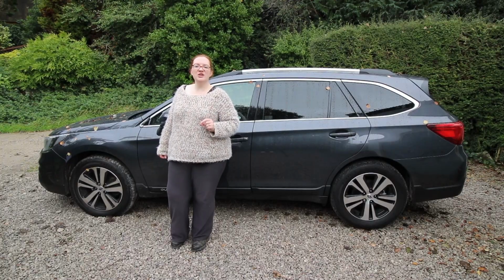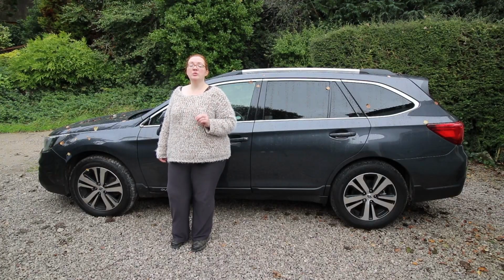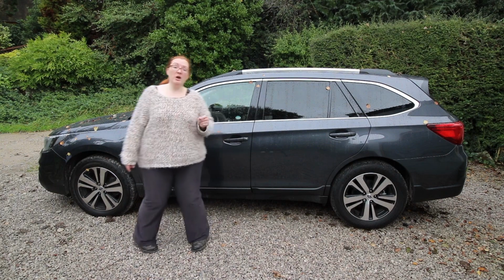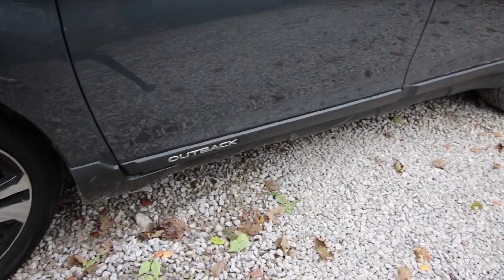Stepping round to the side of the vehicle, the first thing you notice are the 18-inch alloy wheels, and with a high-profile tyre, it will give you lots of comfort on and off-road. There are different sizes available with different trims. Interesting to see that there is no plastic cladding around the arches. However, the plastic down the side of the vehicle does accent the off-road look, and you're reminded that it's an